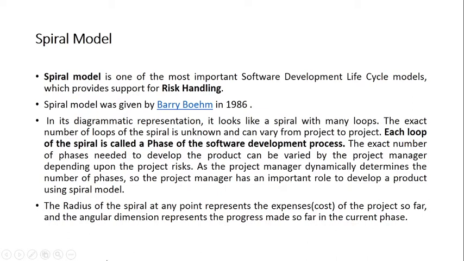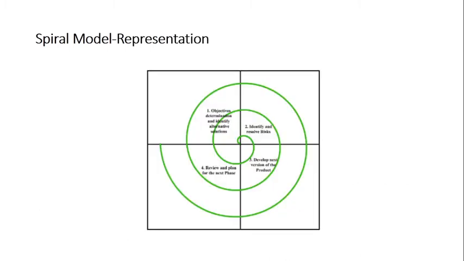Now there are 2 things in this model. If I wanted to know how much is the cost involved in a spiral model, the parameter that is going to help us is the radius, right? If the radius is this much, that means the cost will be less. But as the radius increases, the time is also increased, right? So ultimately with time, cost increases. If the radius is again more, the cost will increase. So this radius determines the cost of the project.